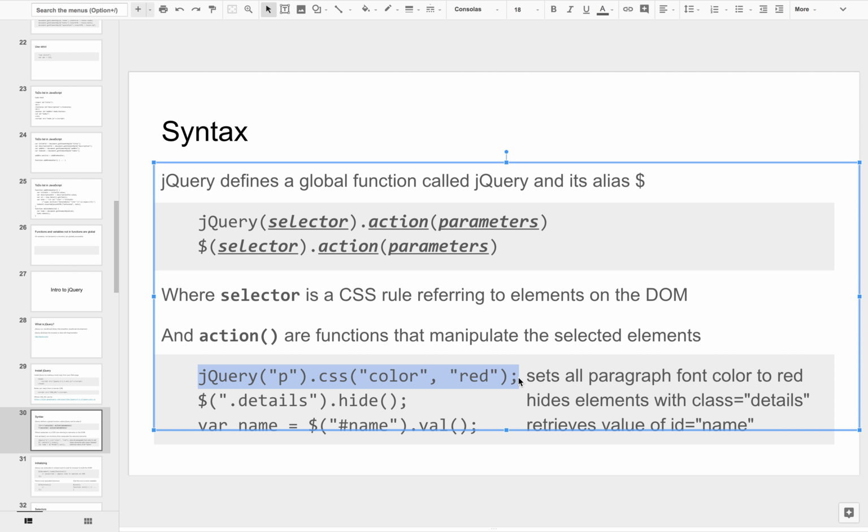Or here's another example. I can refer to the hello, and if I have a class of details, I can refer to that. Again, I don't want to type jQuery, so I'm going to say $. I can grab the details, and I can just hide it. What does this do?